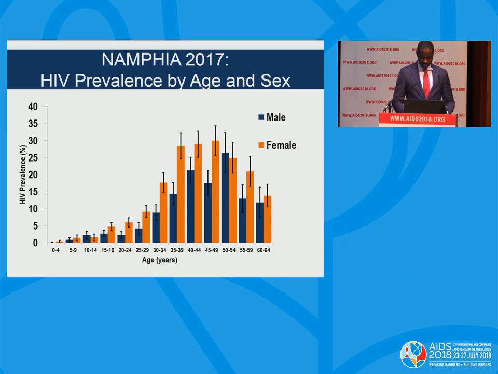On the prevalence still, on the prevalence results distributed by 5-year age band and by sex, here we have the prevalence as is shown on each slide, and I wouldn't want to dwell much on that. Just to say that HIV prevalence peaked at 30% among females aged 45 to 49. And the prevalence was higher in women than men throughout the reproductive age.